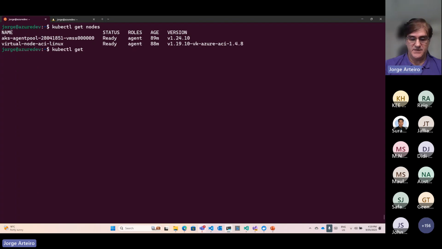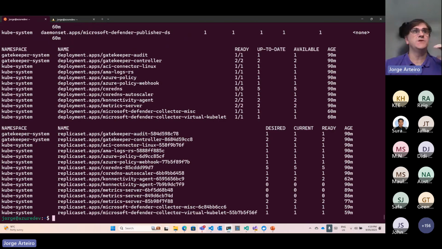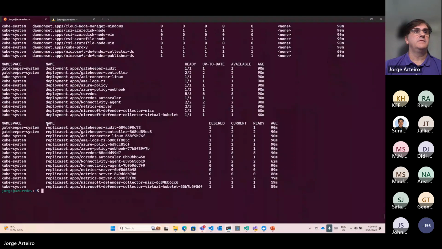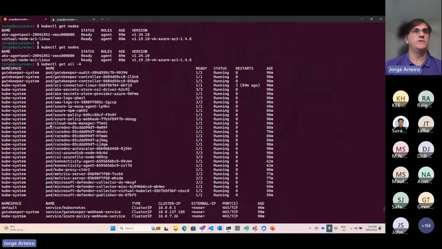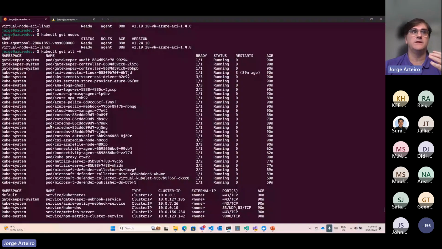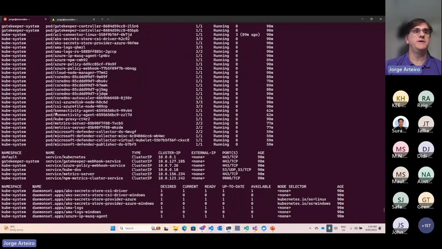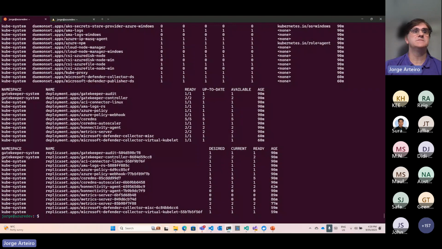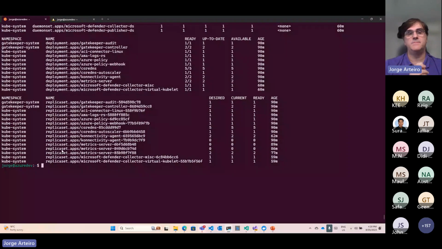It's a nice way to see everything that's running. You go kubectl get all dash capital A to see all the namespaces. Because Kubernetes organizes your applications based on namespace. It's kind of a category, like a group. It's called namespace. And then when you search with get all dash capital A, you see everything that's running on the cluster. Then could be pods, could be services, could be deployments, all the Kubernetes specs you can see here.